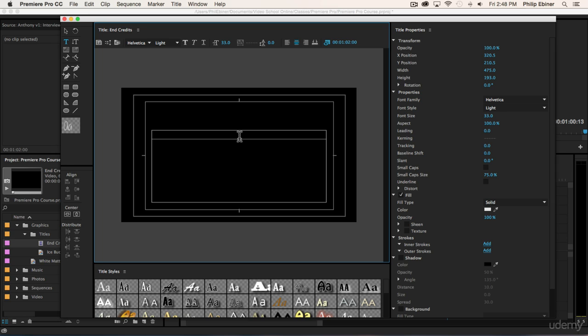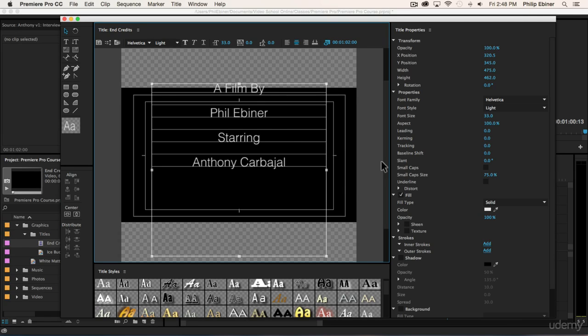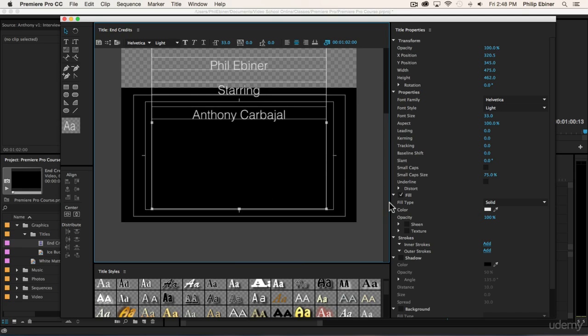And then we can type in our credits. So we'll say a film by Phil Ebener, starring Anthony Carbajal. And you can see what happens is that our text starts to disappear because our text block isn't big enough. So let's expand that. And what happens when I expand that? We have this scroll bar on the right hand side, which allows us to scroll through our text to see